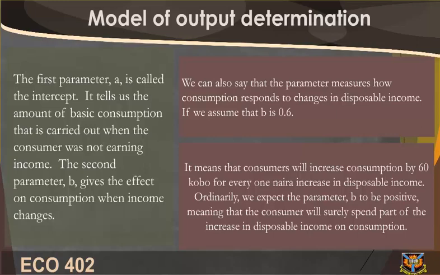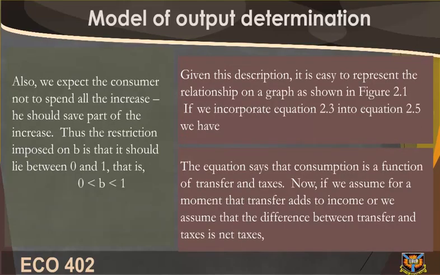If we assume that B is 0.6, it means that consumers will increase consumption by 60 kobo for every 1 naira increase in disposable income. Ordinarily, we expect the parameter B to be positive, meaning that the consumer will surely spend part of the increase in disposable income on consumption. Also, we expect the consumer not to spend all the increase. He should save part of the increase. Thus, the restriction imposed on B is that it should lie between 0 and 1, that is, 0 < B < 1. Given this description, it is easy to represent the relationship on a graph as shown in